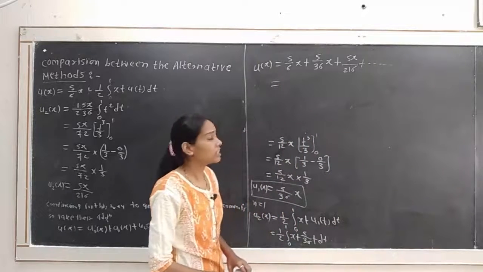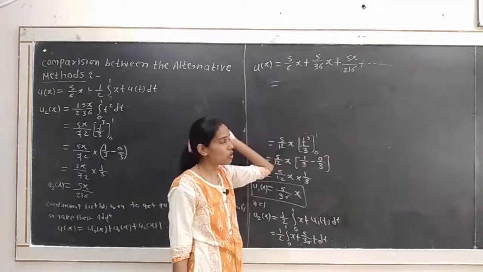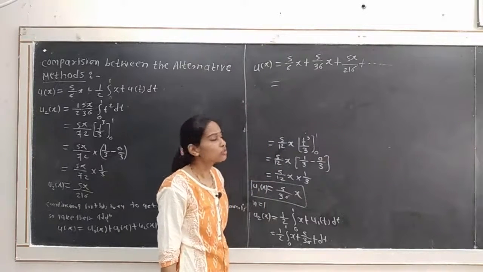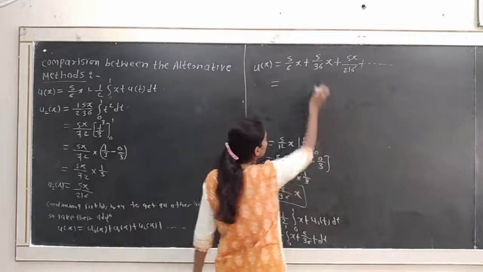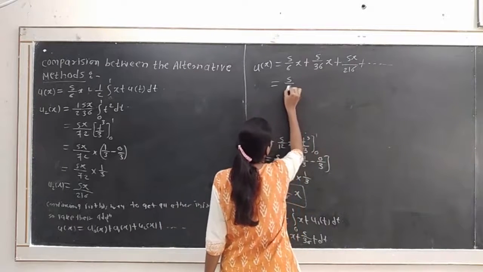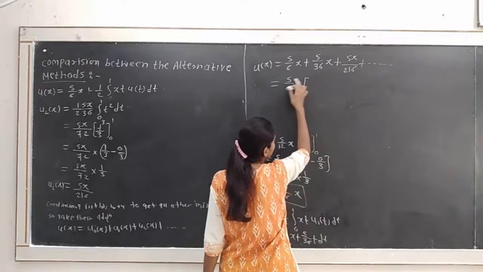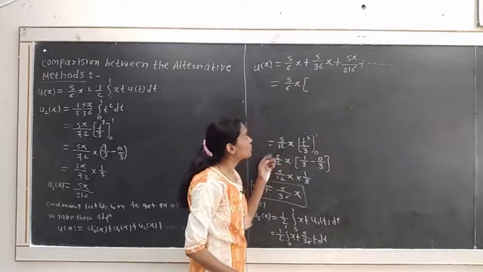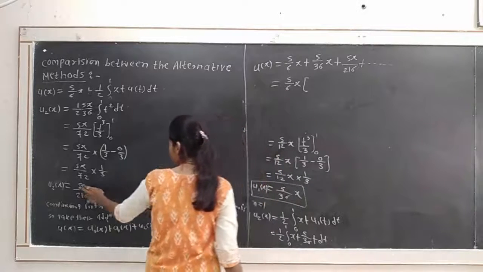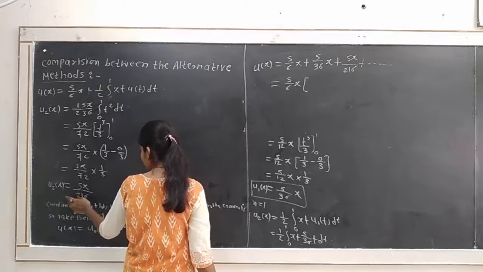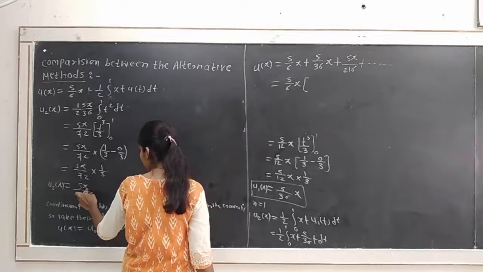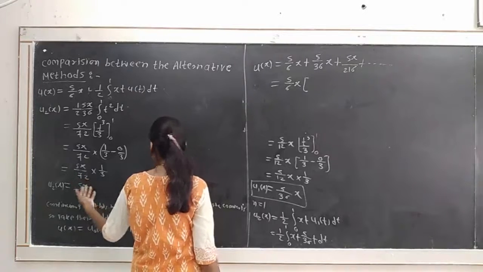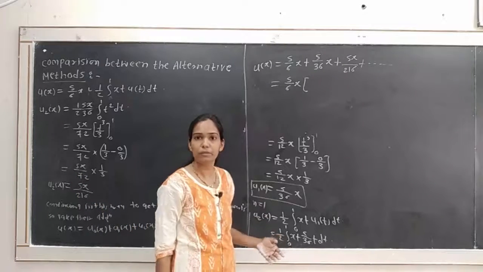Then here we have to apply either the infinite geometric series sum or a Taylor series to find the solution. So here if we take 5 divided by 6 into x outside, which is common in all the terms. See here, if we find next component u3 of x, then again we have to get in numerator 5x, and divided by 6 will be common, because all the denominator terms in each component are multiples of 6.